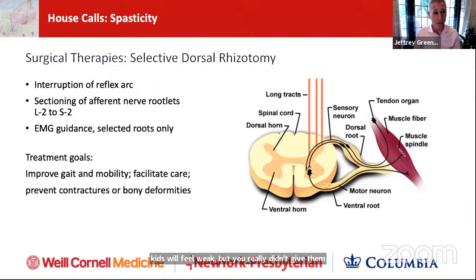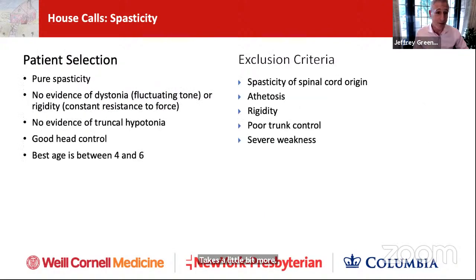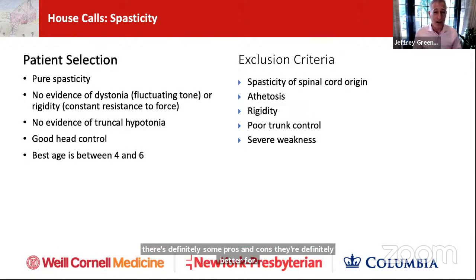So it's incredibly rewarding. Takes a little bit more time, but it's definitive, and you don't have the side effects of having that pump inside your body forever. So there's definitely some pros and cons there. Definitely better for those young kids who are on the border of independent ambulation. So kids who are in a rolling walker with that crouch gait,